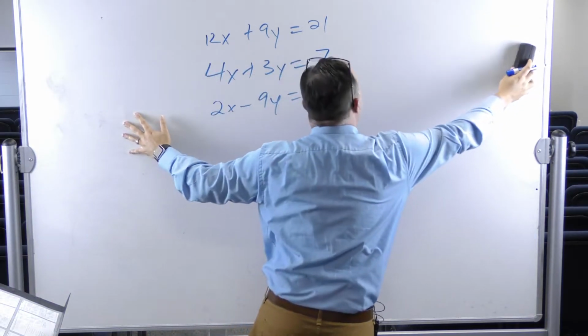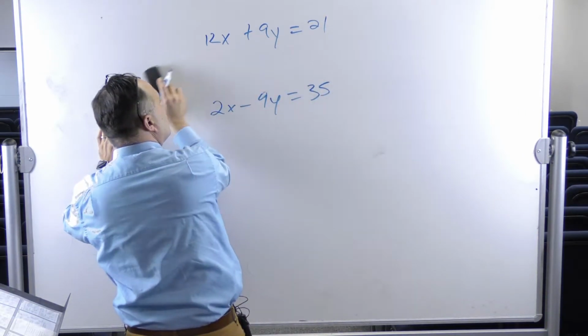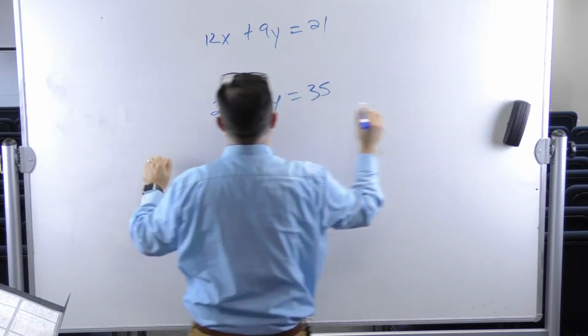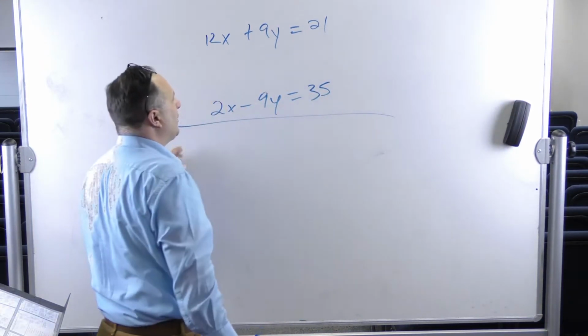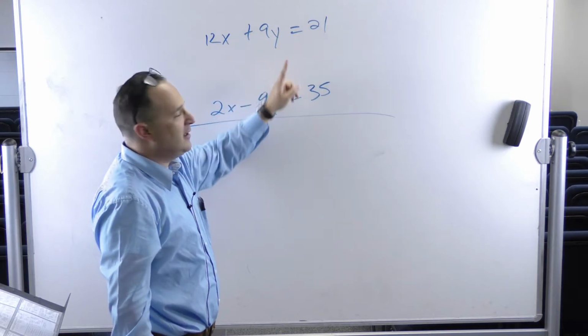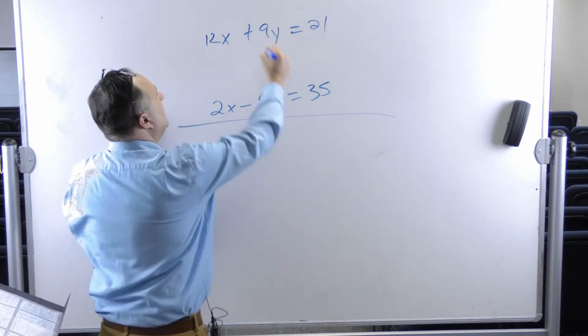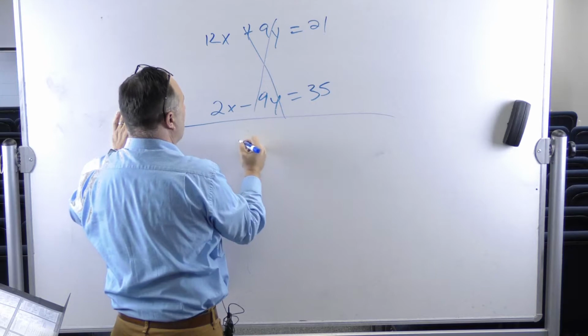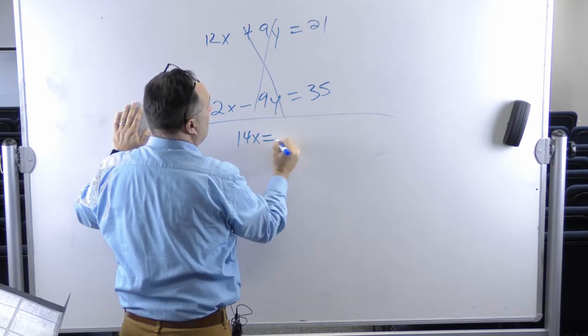Okay? Now let me erase this middle part, and then we solve for x. Because I multiplied by 3, I created that 9y. This is a negative 9y. These y's cancel out. I have 14x equals